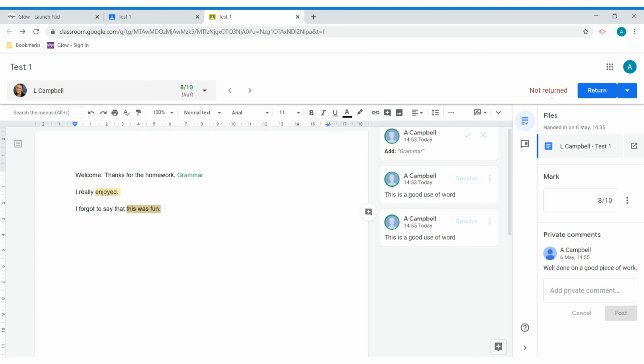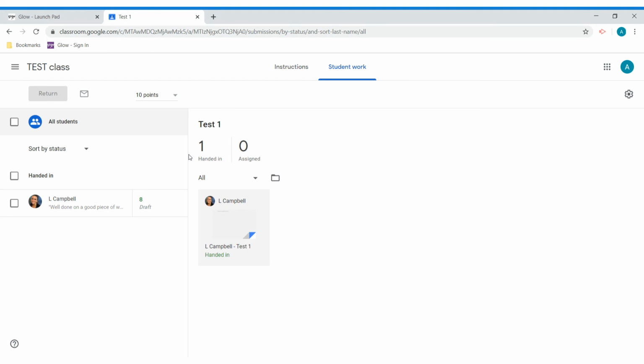If I wanted to fully return it, I would need to click the return button, and I can do that straight from here, or everything's saved as a draft already. So if I just wanted to mark 1 or 2 at a time, I could return them as they go. But if I wanted to do the whole class, maybe I've done that for everybody, and you can see that the score's now been put in straight away, the private comment's been put in straight away,